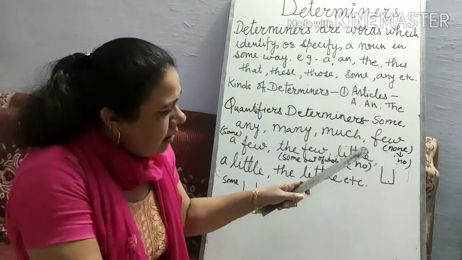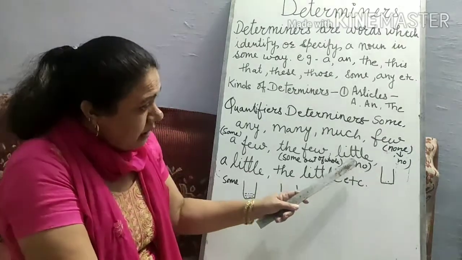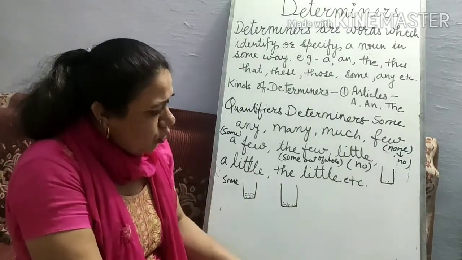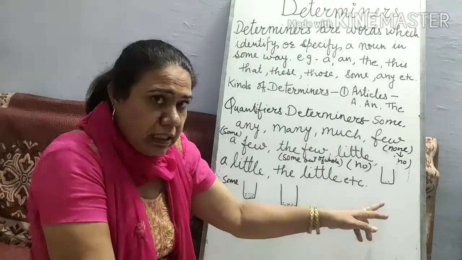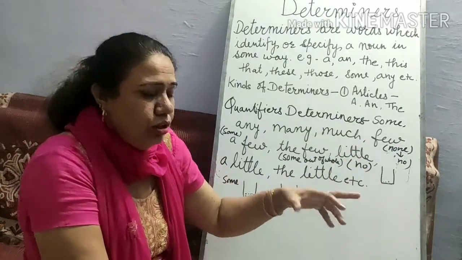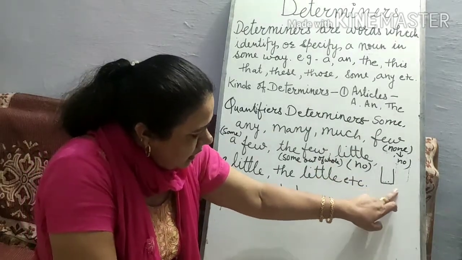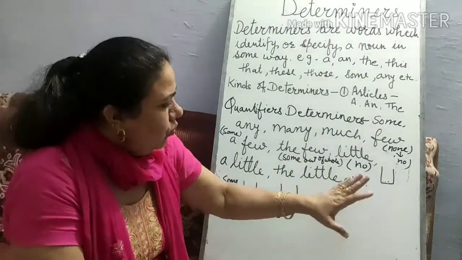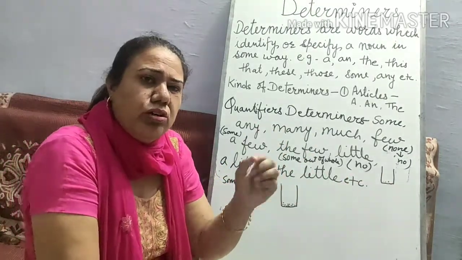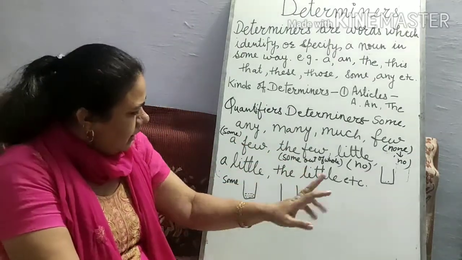There is a little milk in the jug or in the glass. There is little. It means no water in the jug. There is little milk in the jug. You can say water also, you can say milk also. There is little water in the jug. So it means no water in the jug. There is no water, so you cannot use it. One or two drops, how will you use it?